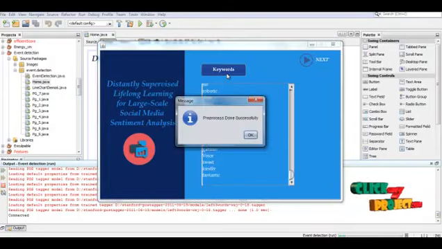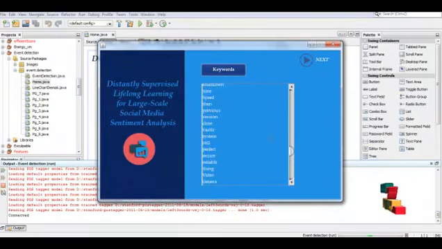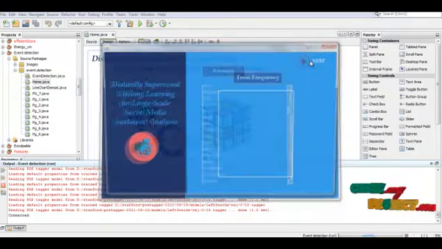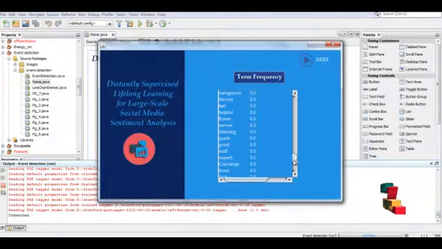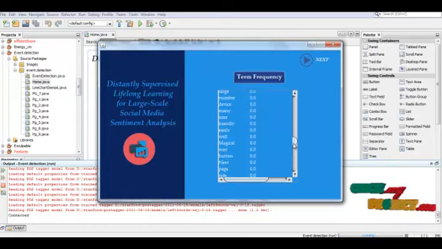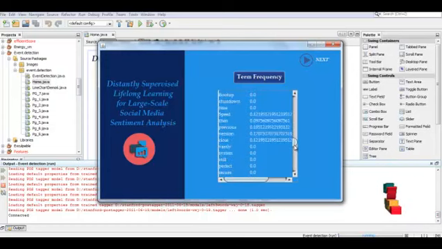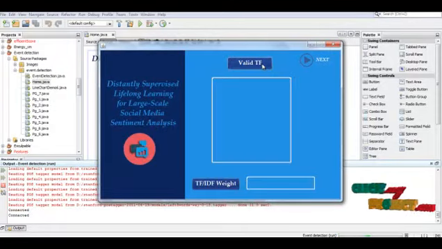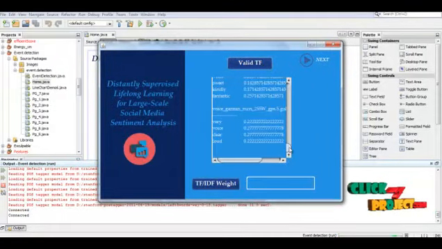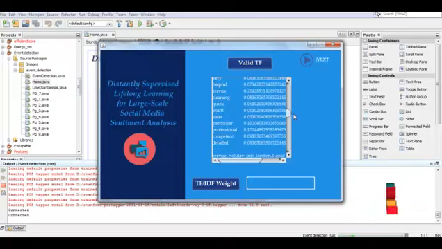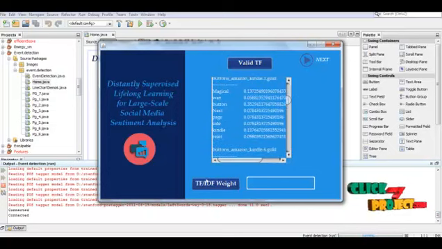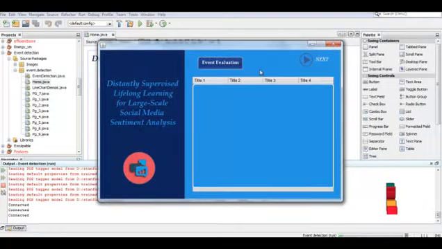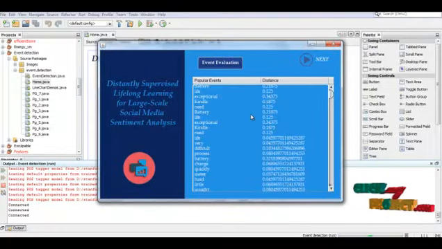Then we have to extract the main keywords. These are all the extracted words, and here we are going to find the term frequency, that is the weight of the terms. Here we are finalizing the distance of each word, the overall weight, for the event evaluation.